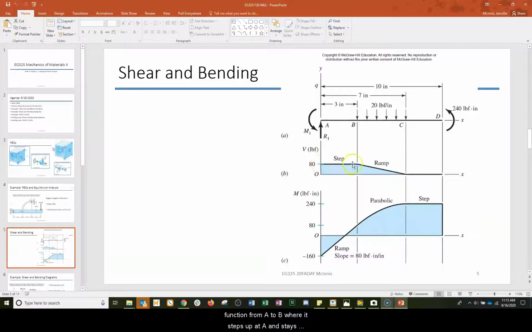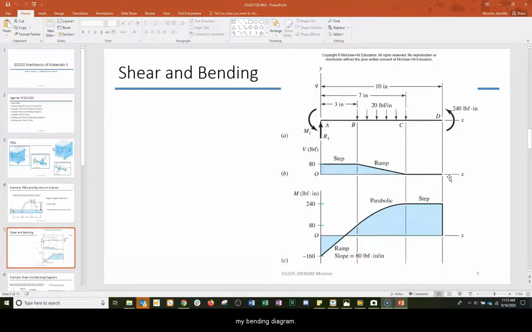So we see this step function from A to B where it steps up at A and stays constant at B until B. From B to C, we have a constant loading of 20 pounds per inch, which on my shear force diagram, I have a ramp. And so my internal shear force ramps down to 0, and there are no forces from C to D, and so my shear is at 0, which is what it should be. For an equilibrium scenario to apply, I need to end up back at 0 for both my shear